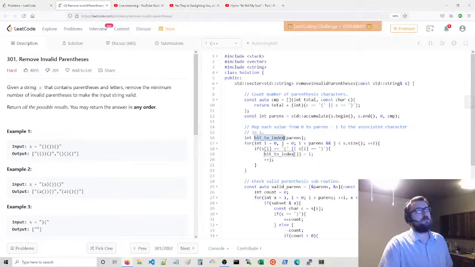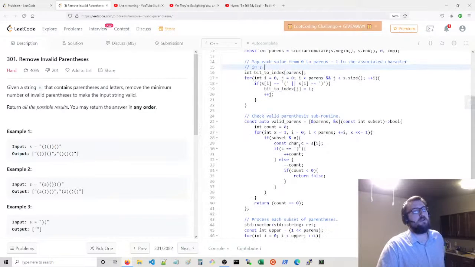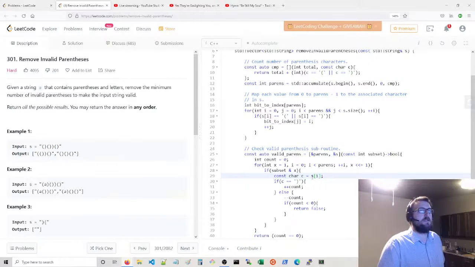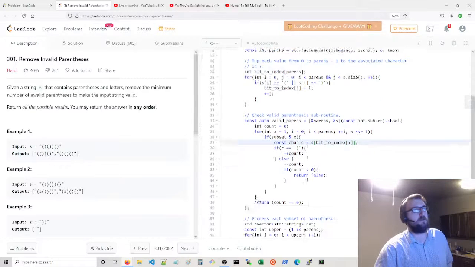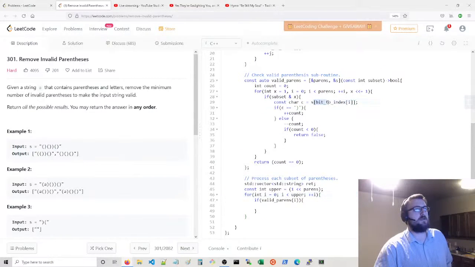Yep, index. This is when we want to convert back. So this isn't S of i, by the way. This is bit to index S of that, which the given bit will give. That's how we want to do it. And when we recreate the string, we're also going to use this mapping as well. So if it's a valid parentheses, then we want to say,